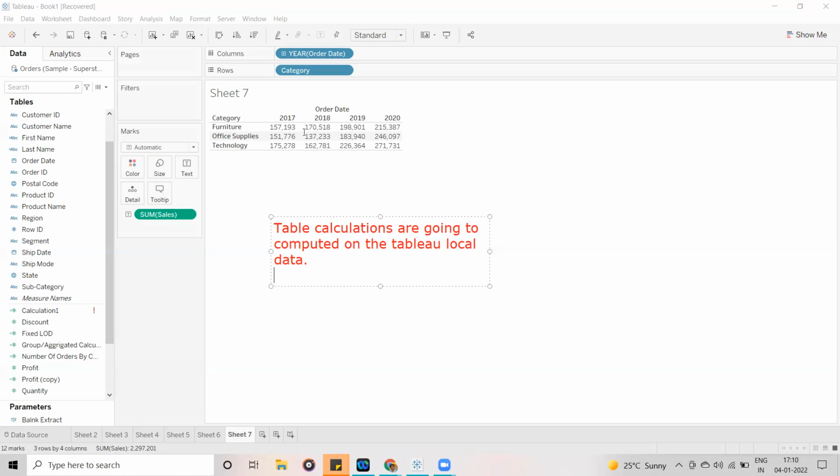This is the data we have. Table calculations are calculated based on the currently available data in the visualization.